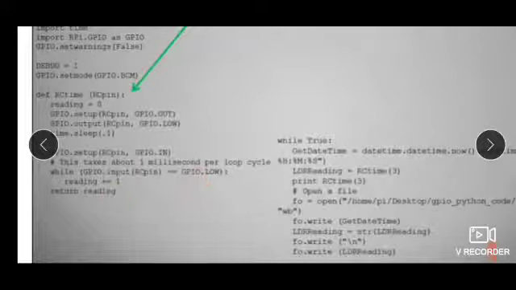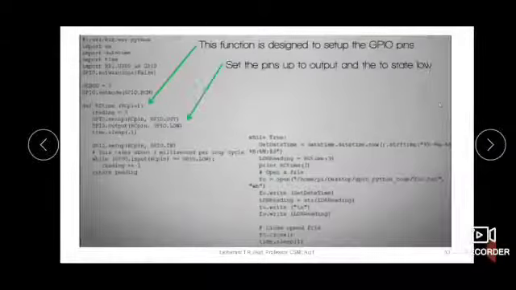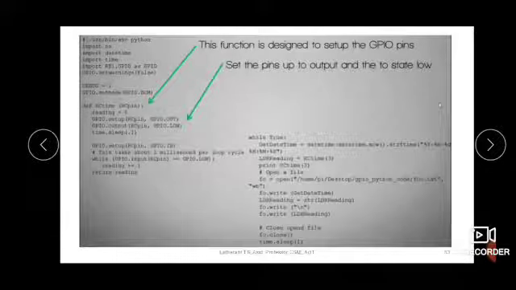One iteration of the loop is 1 millisecond, so very fast it will detect the light, reach the threshold, and give you a value of what voltage it can pass through. That is how this loop is executed. So this is the function, this is the loop.